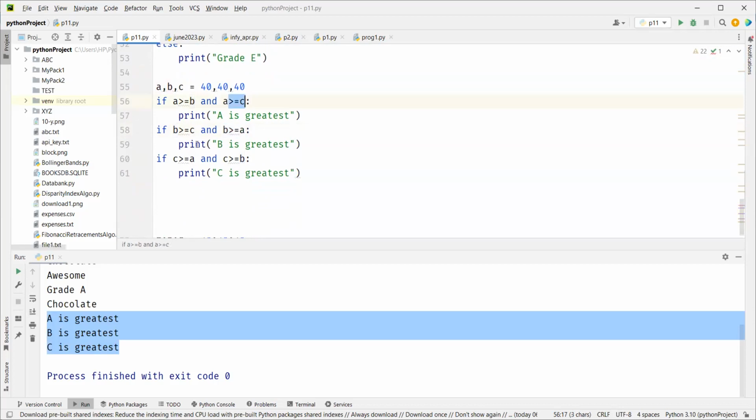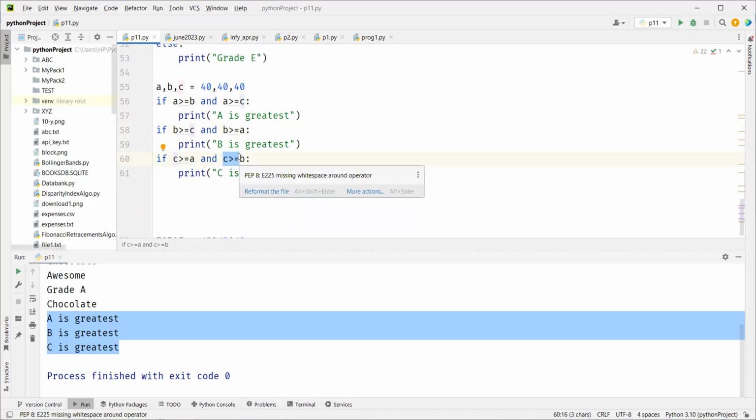A greater than C, A greater than C here. B greater than C, C greater than B. So we are duplicating the conditions. Can we write it in a way that we don't duplicate the condition? Think about it and show me tomorrow. So we'll end it here for